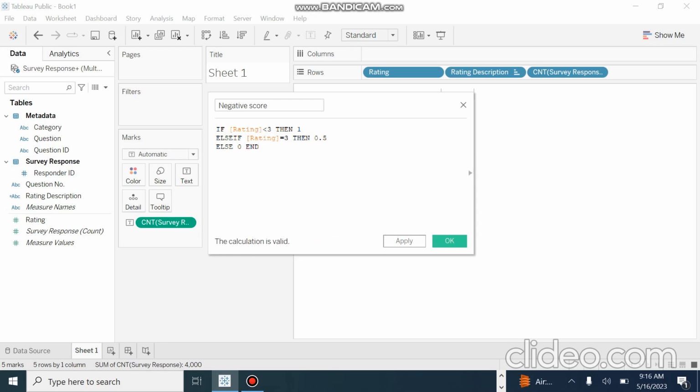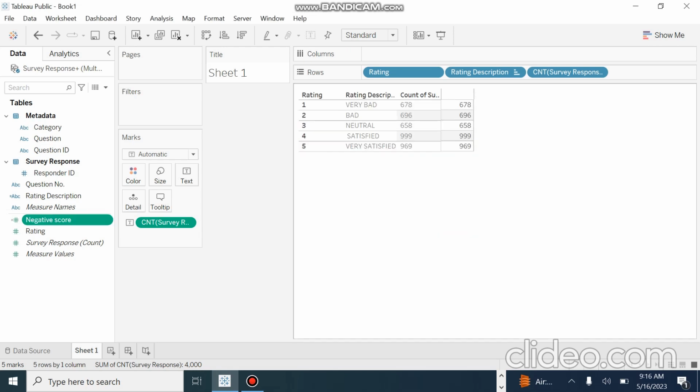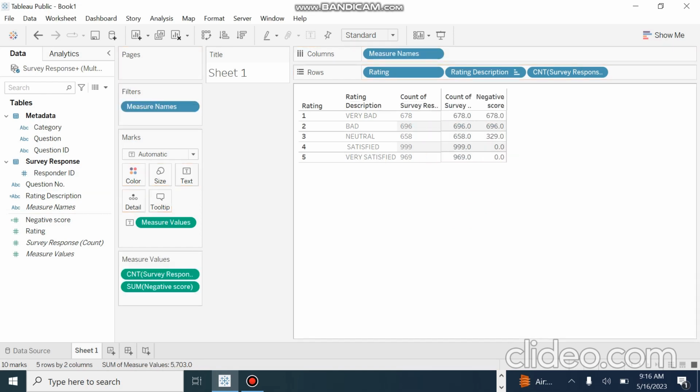So if rating is less than 3, it should be 1 count. Otherwise, if it's 3, it should be 0.5. Otherwise, it should be 0. Then we will go to the Apply, and then OK. Then a new field, negative score, is created. We will simply drag and drop this negative score to here. We will see there are some negative scores here,